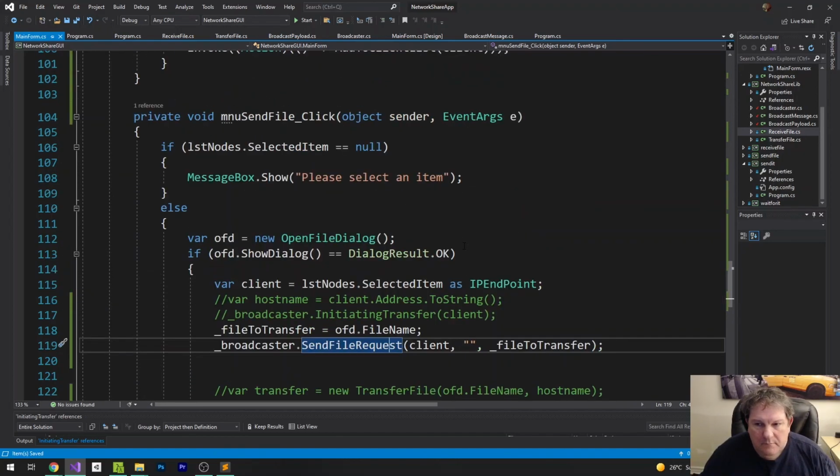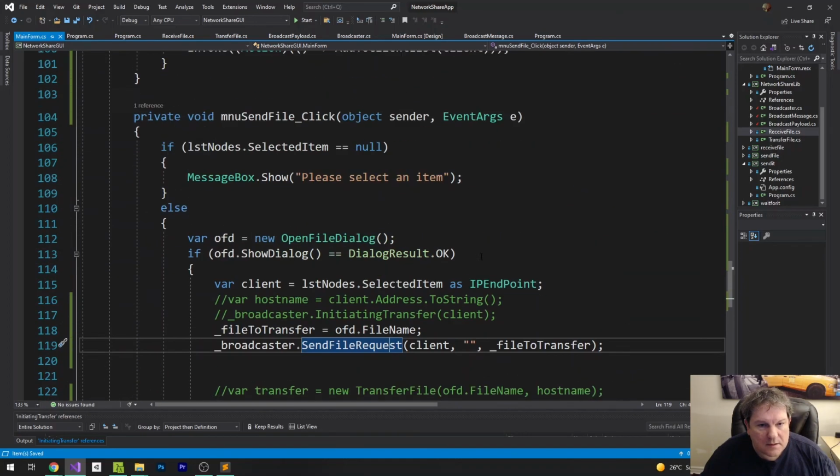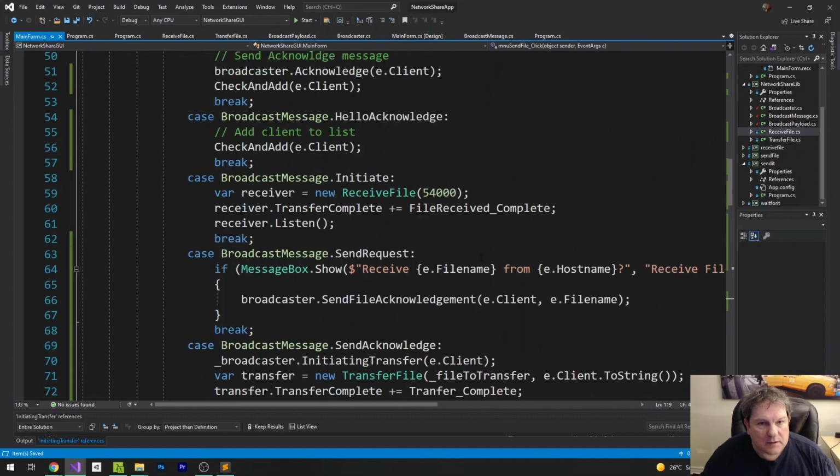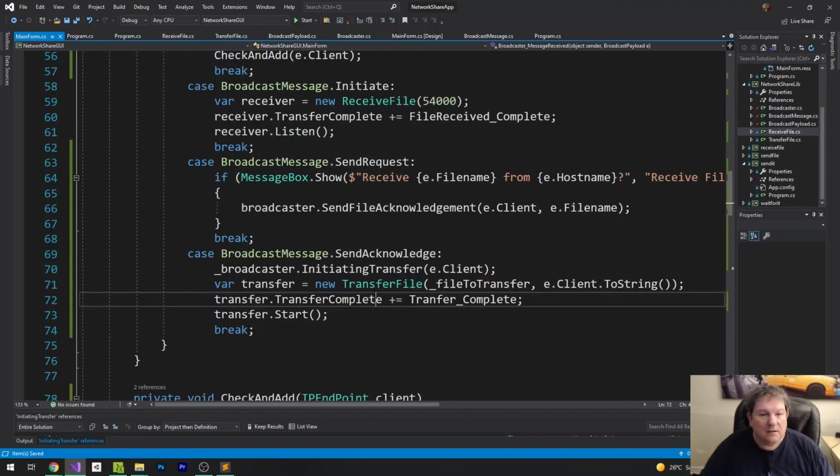And then send file request. So the file request goes in here. We then check to see if that client says that's okay. And if the client says it's okay, we send the file acknowledgement. So then in the other client, what we're saying is we initiate the file transfer and then we send that there. So we send the file acknowledgement on the other side. But I think